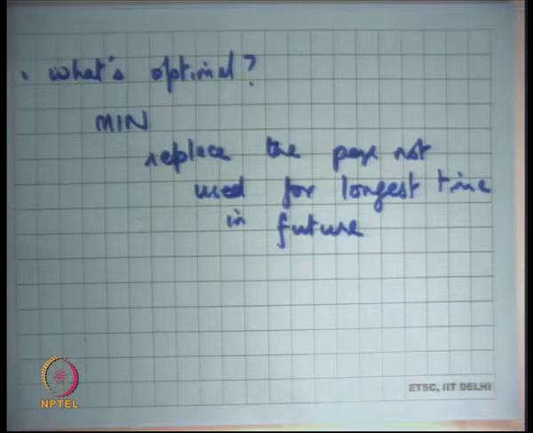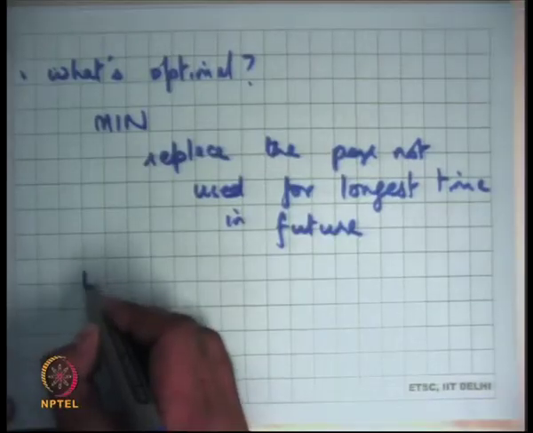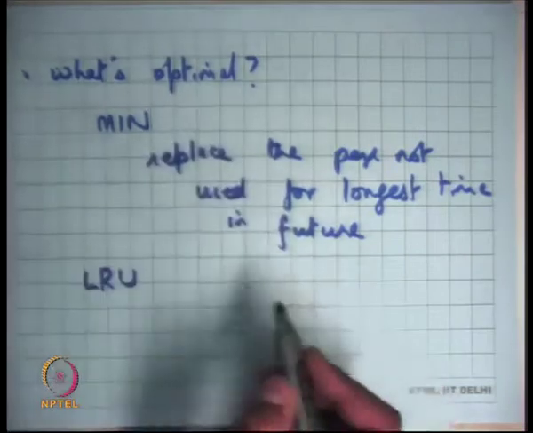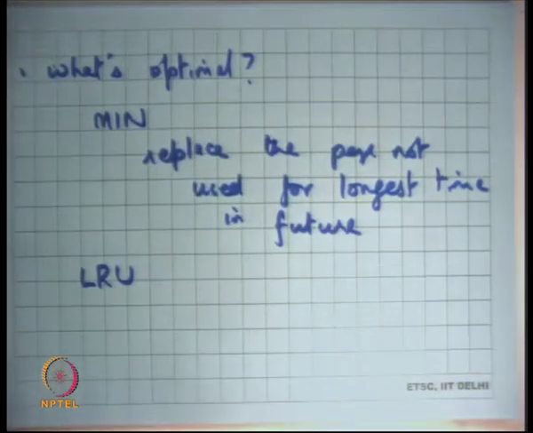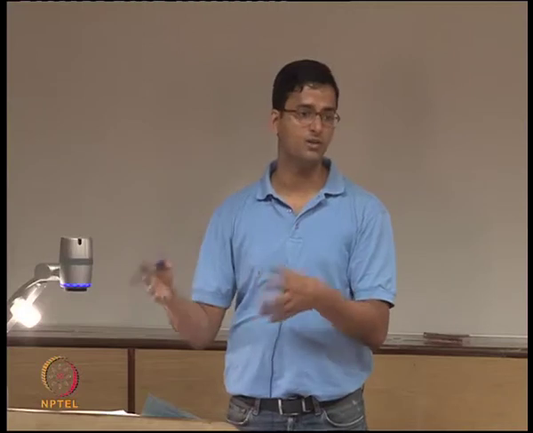I don't know what the future is going to look like. Which pages are going to get accessed depends on what paths the program takes, and I cannot predict as an operating system what paths the program is going to take. I can guess them, I can ask the user for them, but these are all just heuristics, and asking the user is actually very error prone, so you don't want to do that. So LRU is an approximation. One common design principle is that if you don't know the future, assume that the future will look something similar to your past. What has happened in the past, the future is going to look something similar to that, all right.